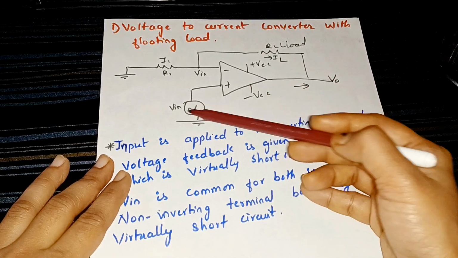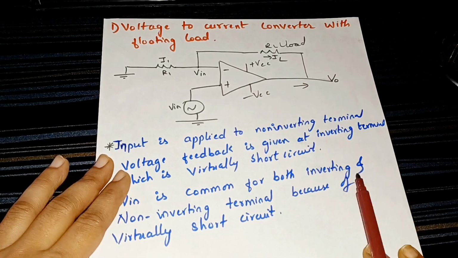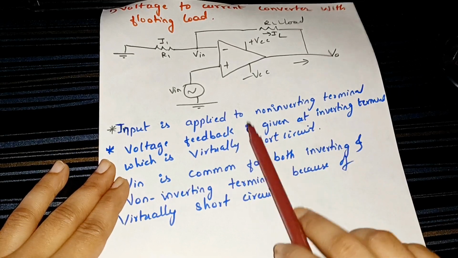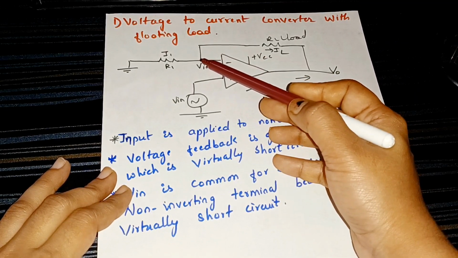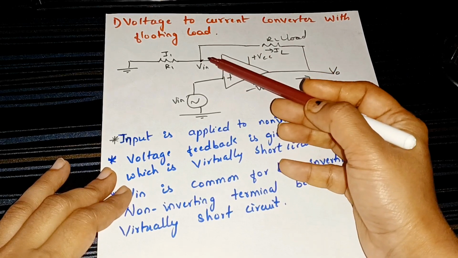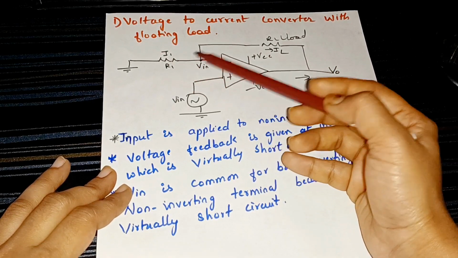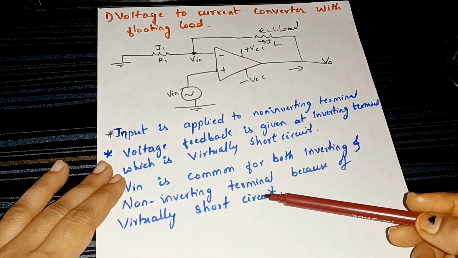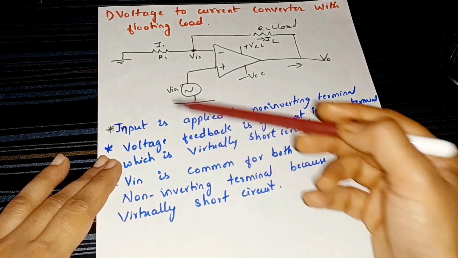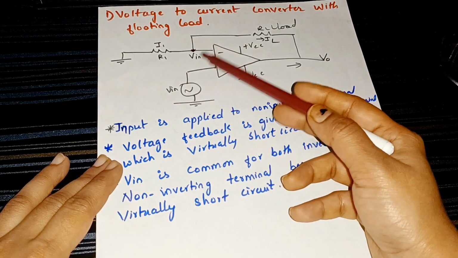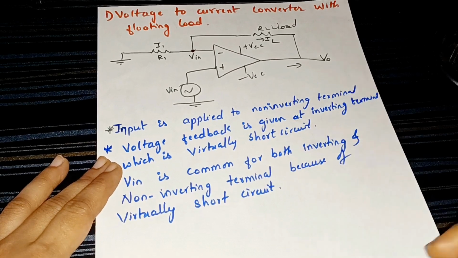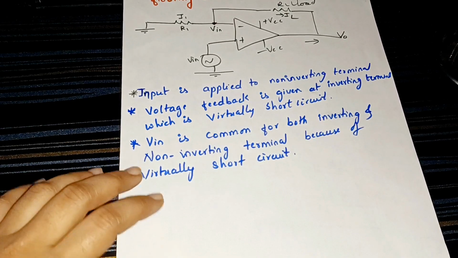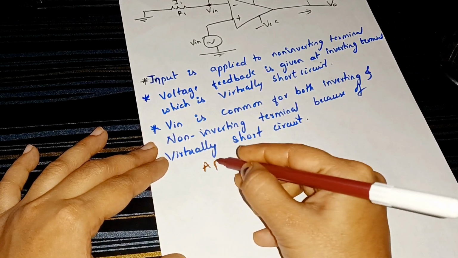Here Vin, that is the input signal, is given to the non-inverting terminal. Voltage feedback is given at the inverting terminal, which is a virtual short circuit point. The load is connected to the op amp and the resistors. As it is a virtual short circuit, we can consider that the input Vin equals the voltage at the inverting terminal. Now by applying KCL,